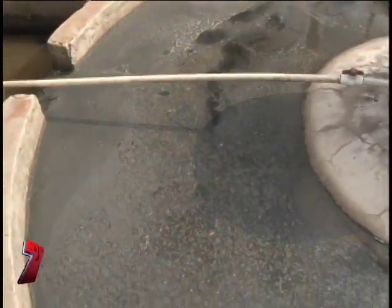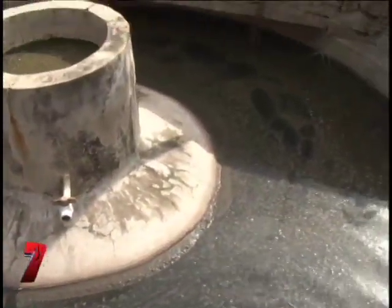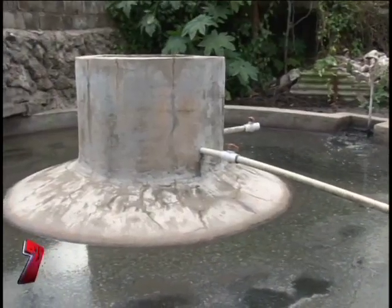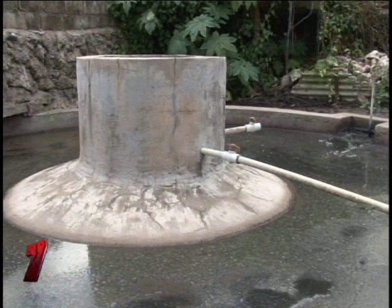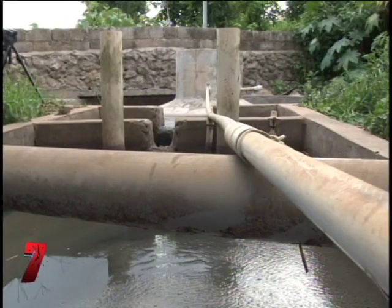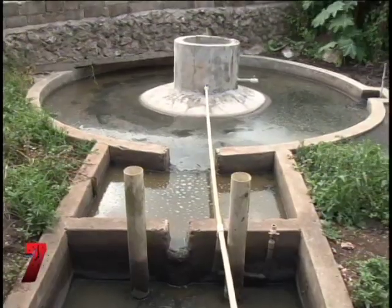The pig farmer admits that startup cost was a bit hefty, but it's a technology that undoubtedly pays for itself. It has a high cost initially, but over a period of time it pays back. It depends on the size of the unit you are doing. That will determine the cost, and also the location you are, how easily you can excavate a hole to get